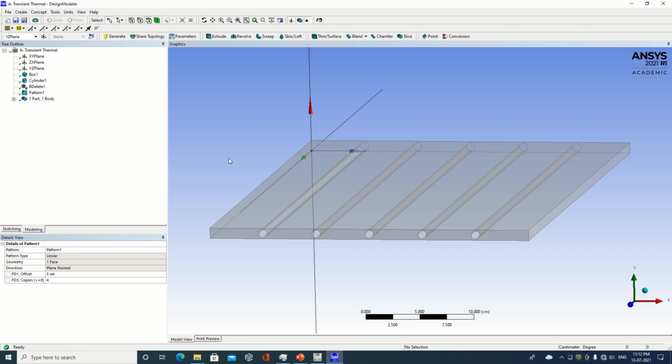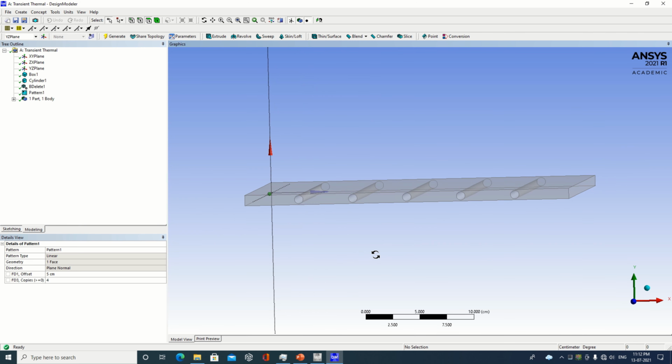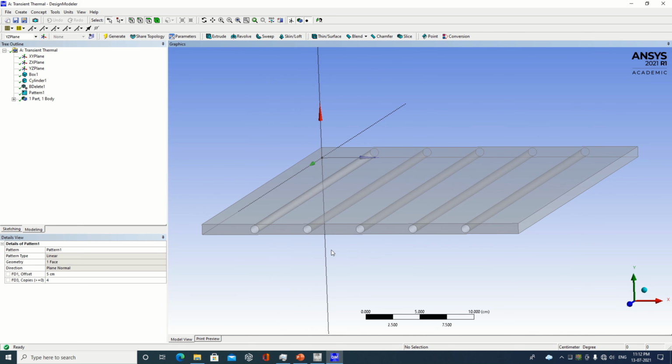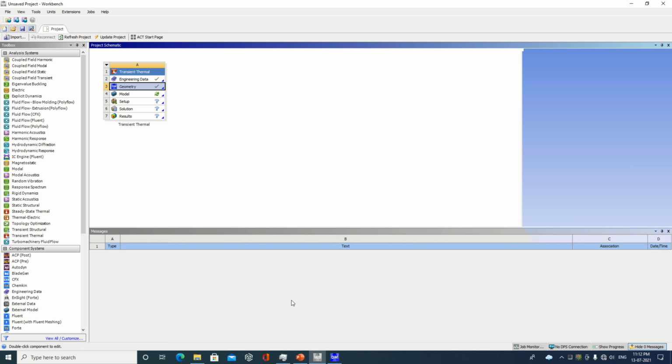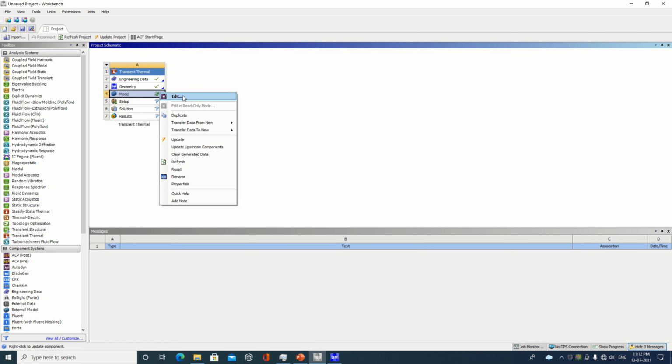Just check out what change is happening. If I specify 3, it will go down. So whatever the length of the object is, you can prepare accordingly. So I just specified 4, so the total is 5. Now it's time to proceed further. Here within the absorber plate itself we are preparing the tubes, so that's why we don't need to go for a Boolean operation. So go to the next part, that is Model.